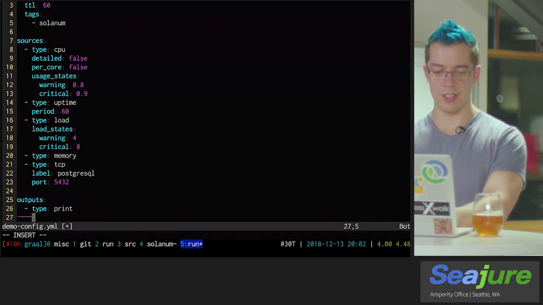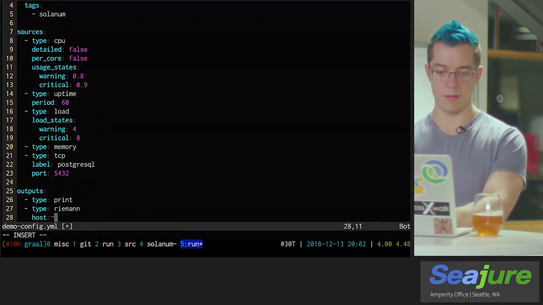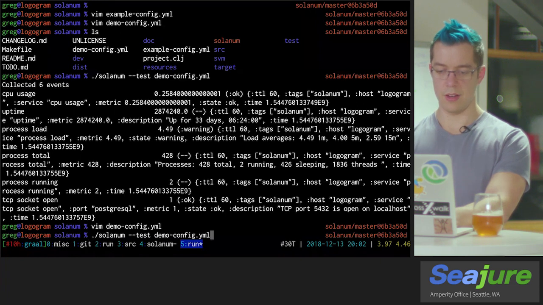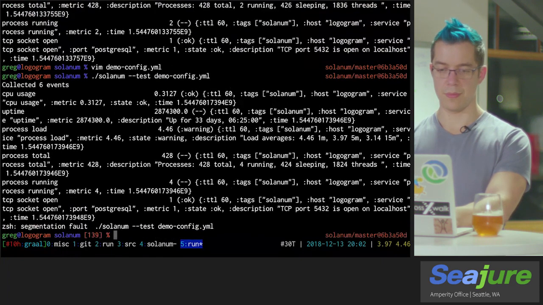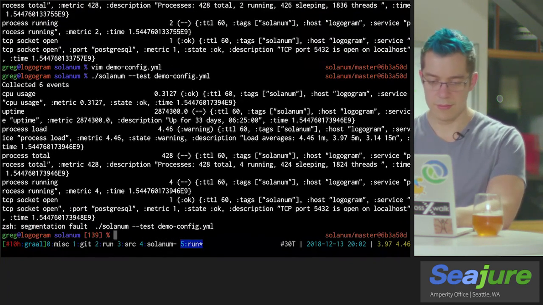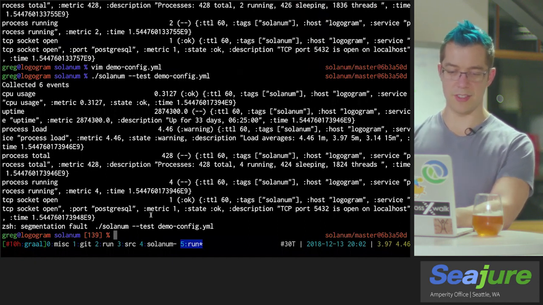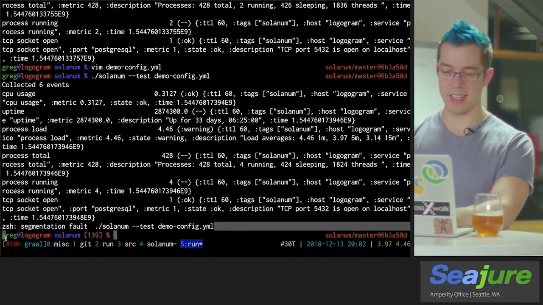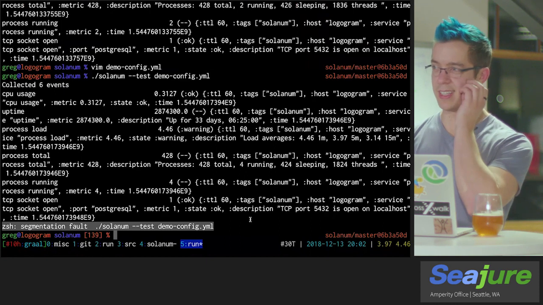But if I were to change this and add it, and try and do this again. Oh, really? Oh, well, segmentation fault. There we go. So this is a particularly ungraceful way for this thing to blow up.